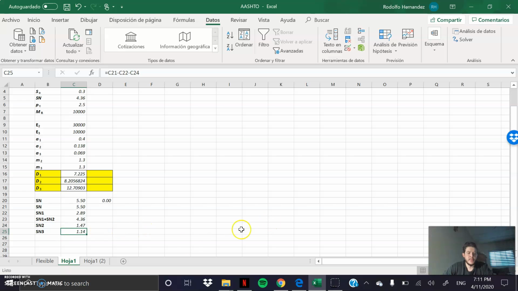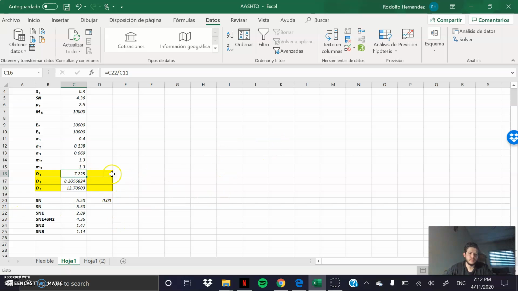For SN3, we have to subtract SN1 and SN2 from the structural number. That gave us SN3, and with this we can get the thickness by dividing the structural numbers by the coefficients and by m, and that gave us the thickness. The thickness that I got here is 7.2,